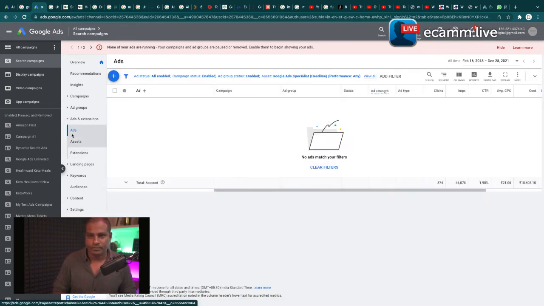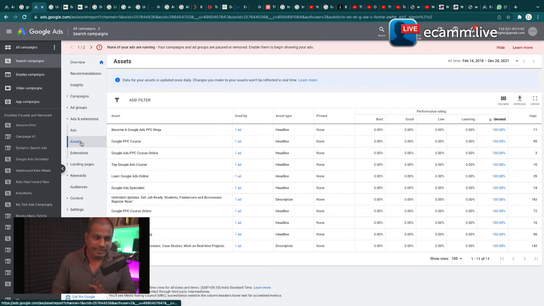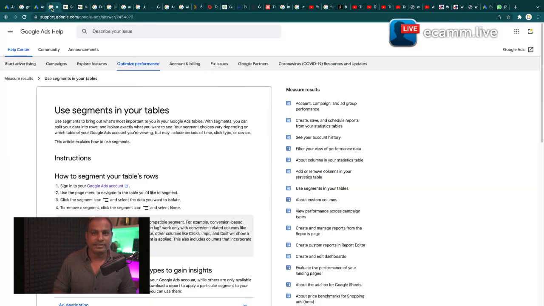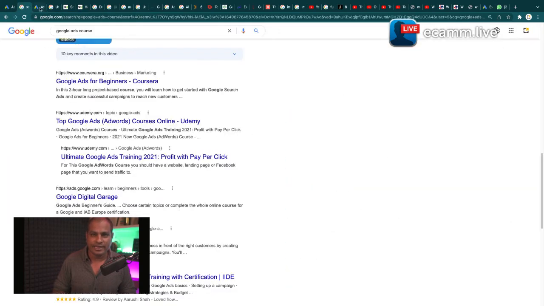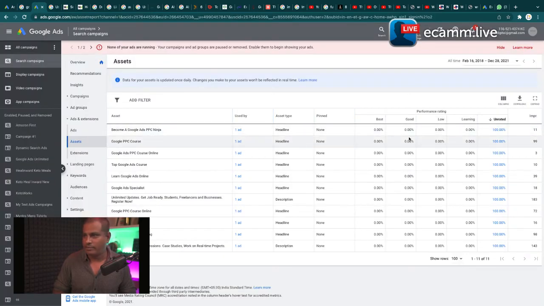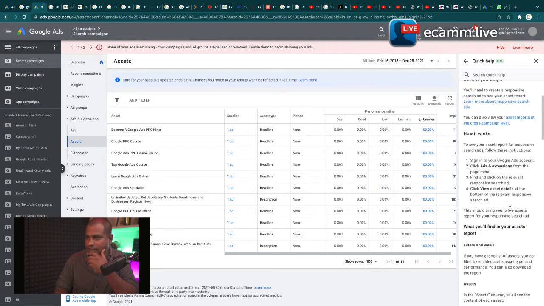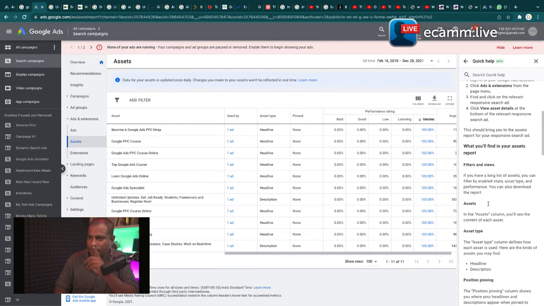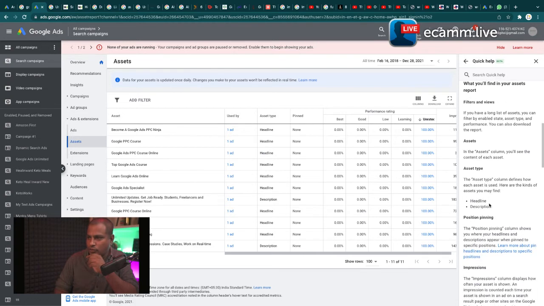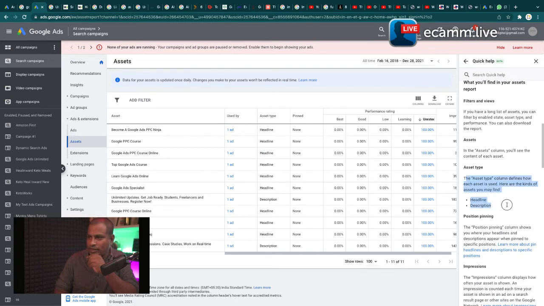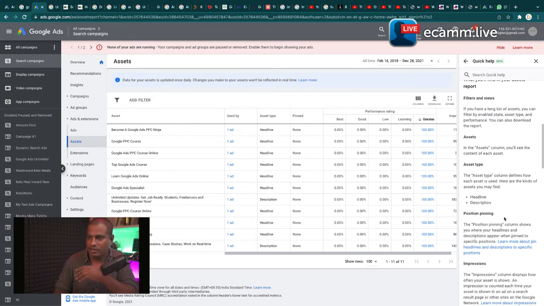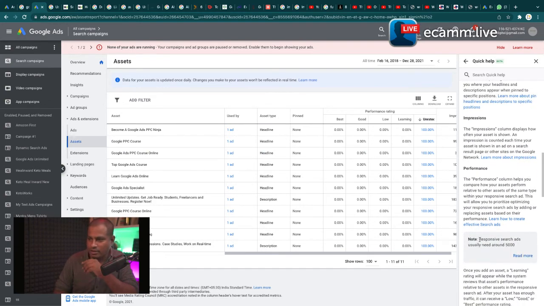All right. Now, we know these are the assets, but you need to understand that there are certain guidelines for using assets. Where is that? So let me go back to your assets. Before you even begin, how does it work? There is one typical condition that I would want to show you, which is asset type defines only headline and description. We have seen that. Position pinning, if you have pinned it, it will show you what position it appeared in, how many times it appeared before the search results, etc. Now, there is one condition.